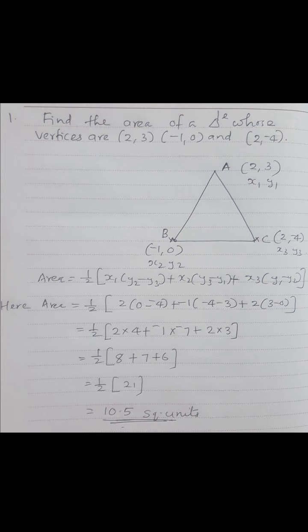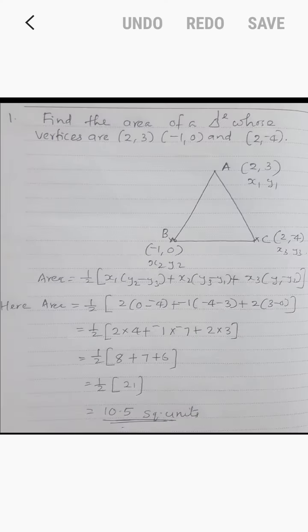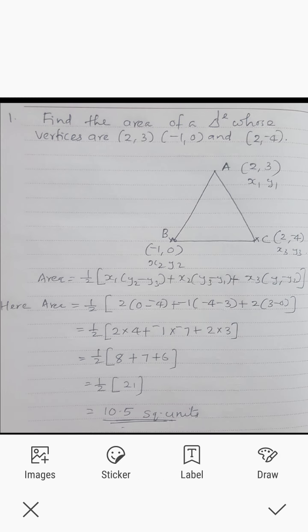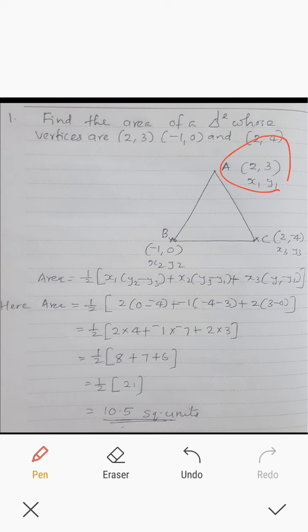This is the example relating to the area of a triangle. This we already discussed before. We have done examples of the same. Still, see, find the area of a triangle whose vertices are (2, 3), (minus 1, 0) and (2, minus 4). In this case, A (2, 3) can be taken as x1, y1 and B (minus 1, 0) is x2, y2